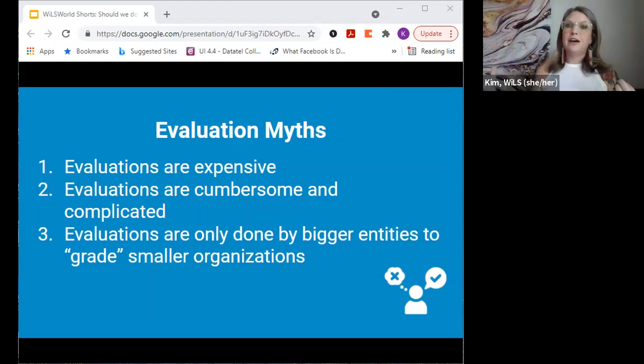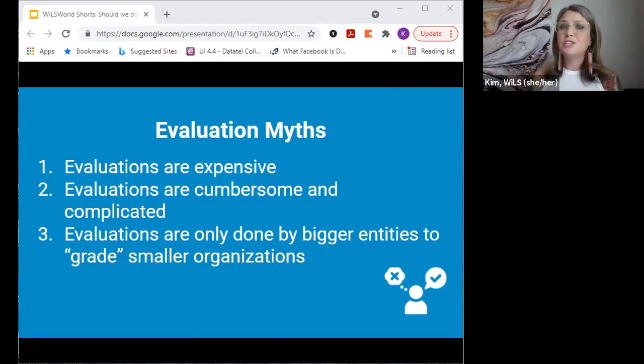So these bigger scale evaluations by places like IMLS, NSF, Department of Ed, can be really helpful for people even at smaller scale planning by providing a starting point of insights and data into how similar efforts to ones you might be embarking on have gone in other places.